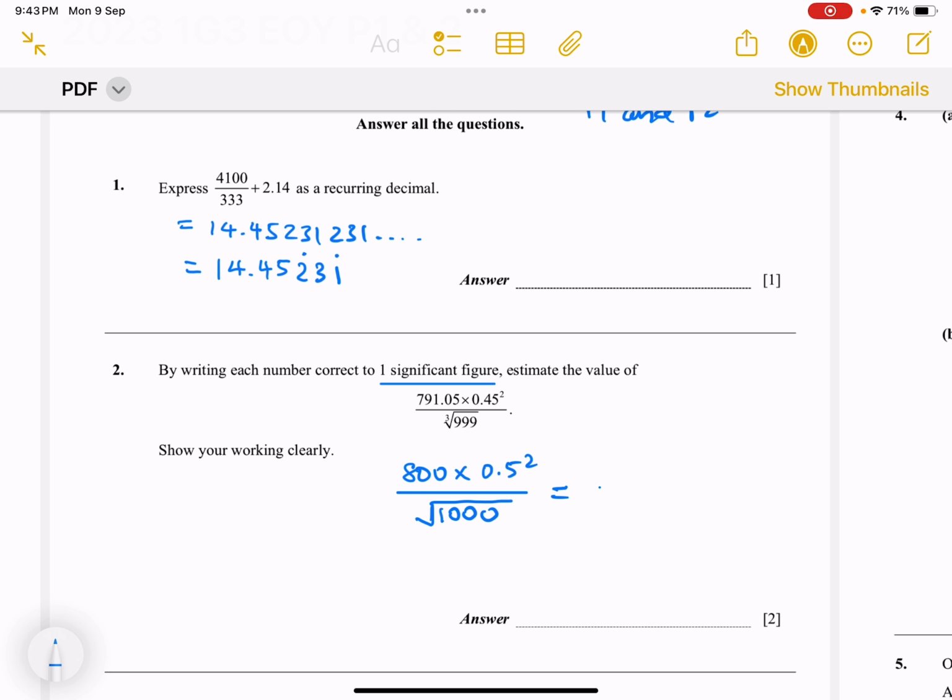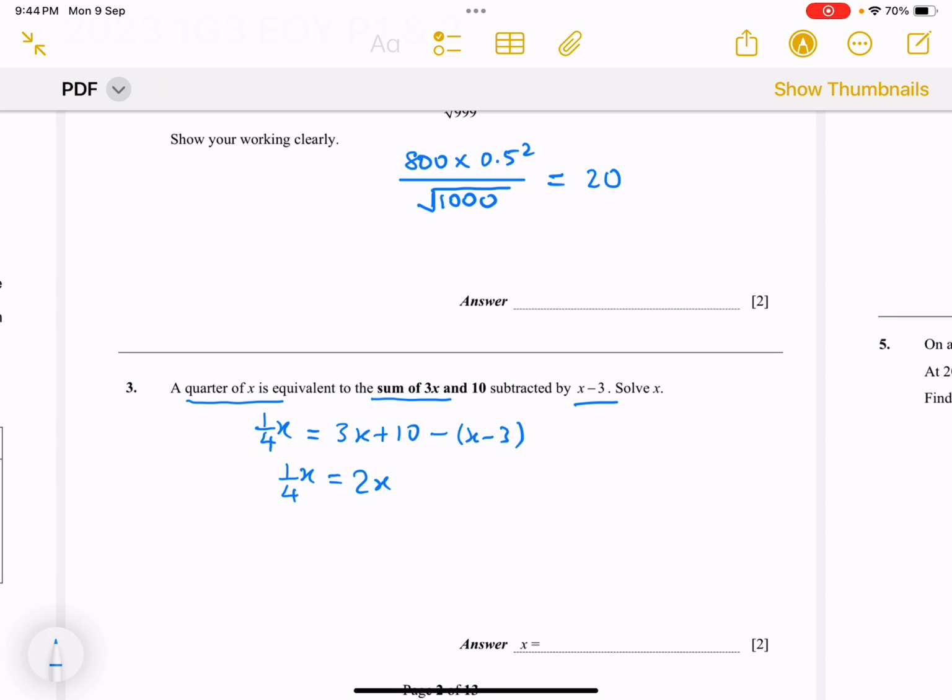So we can simplify to 2 plus 13, and eventually 7x over 4